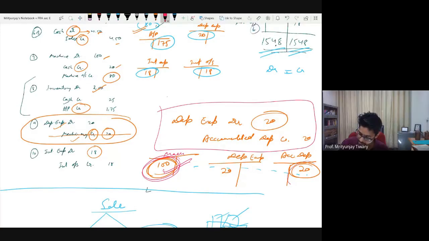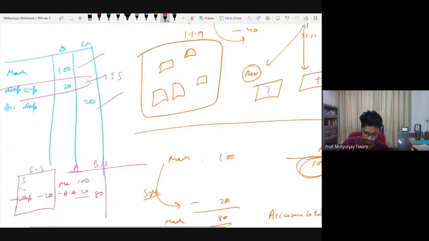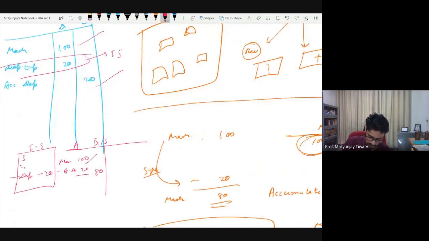And then now I have a new item called accumulated depreciation. This one will be shown as a subtraction to this. So the information will be shown like this: machinery 100 minus accumulated depreciation 20, and that's how you have 80 lakhs. So instead of showing just one number 80, now you have two pieces of information coming from this new system of accumulated depreciation. Fine, questions?